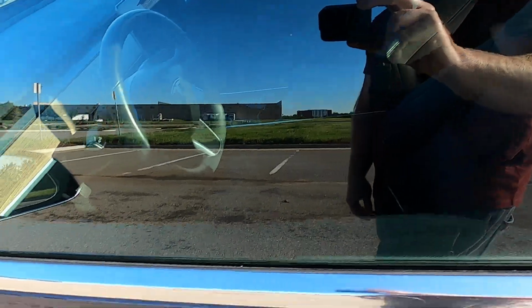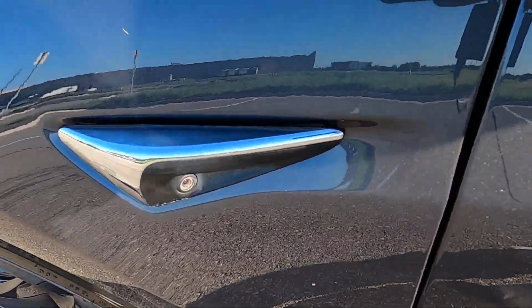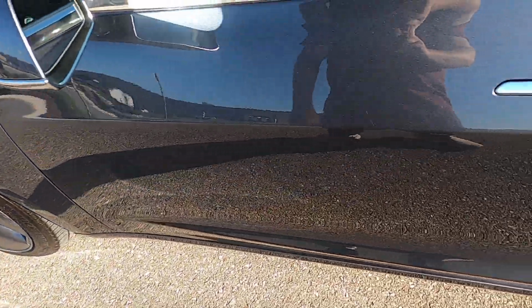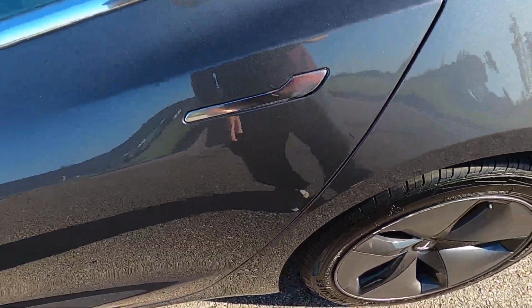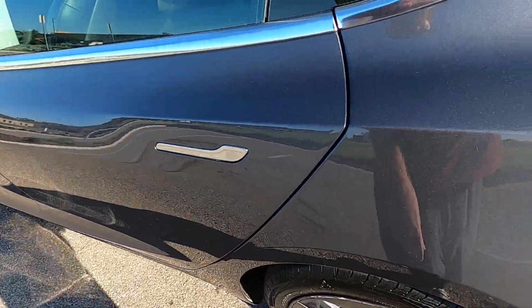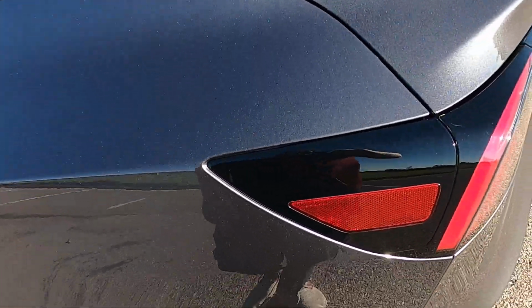And of course, being a Tesla, it does have 360-degree cameras, so there's one, there's one. They're kind of just all over the car. Rear driver's side door, very, very small dent there. You can kind of see right where the sun hits it. Otherwise, the door does not have any flaws. It looks really good. Driver rear quarter panel,